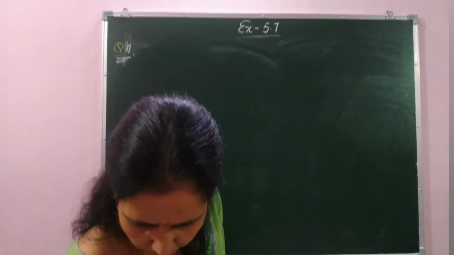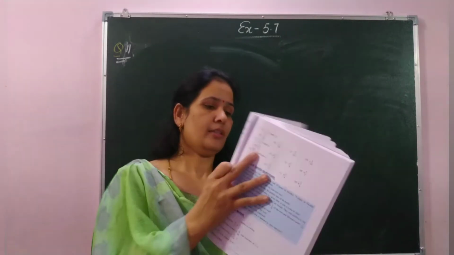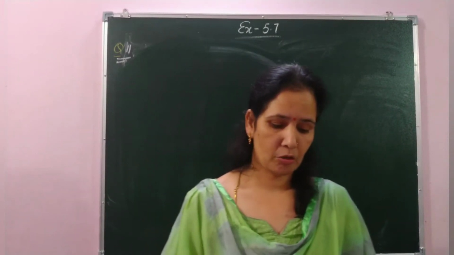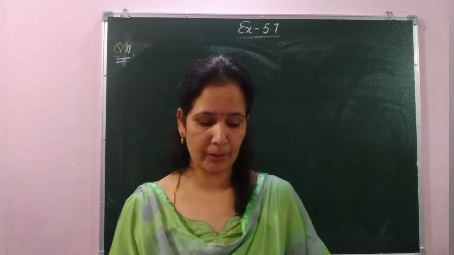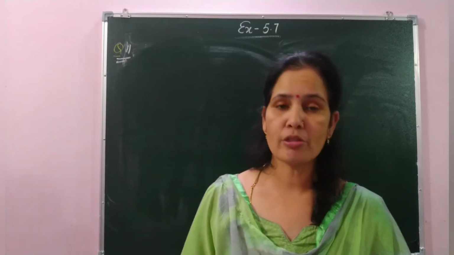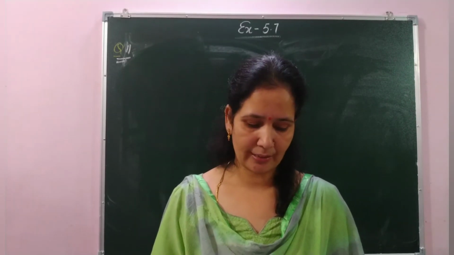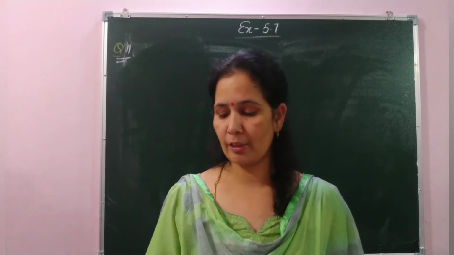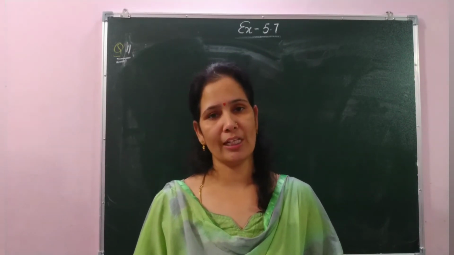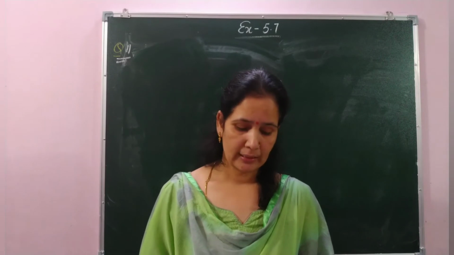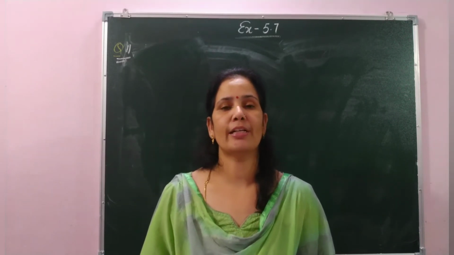Okay, now our next question is question number 12. In question number 12, they have given the outline of a bulletin board decorated with different colors of ribbon. Sankaran used 2 by 3 meter of blue ribbon, then green ribbon and red ribbon. How much length of the ribbon was used? So students, same question. In this also you have to find the total length of the ribbon. So you will add blue, green and red, and then find the total.